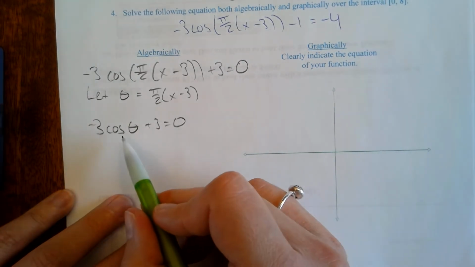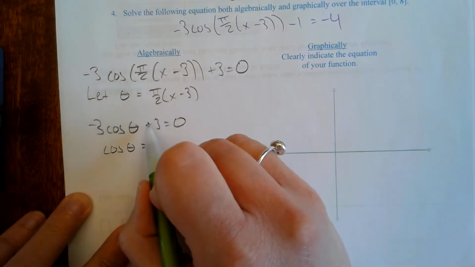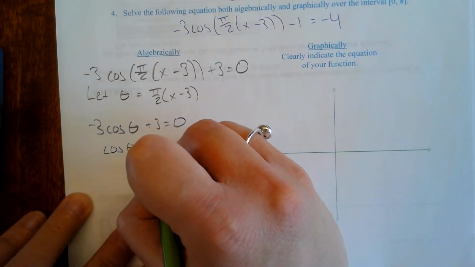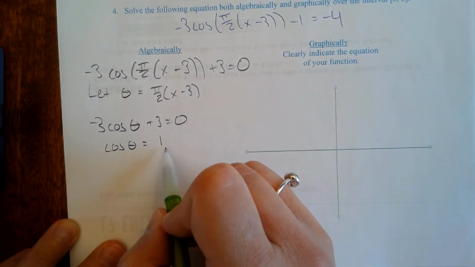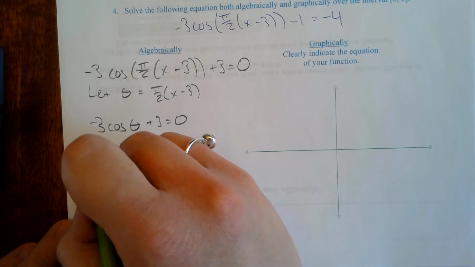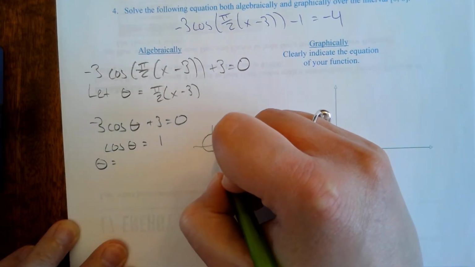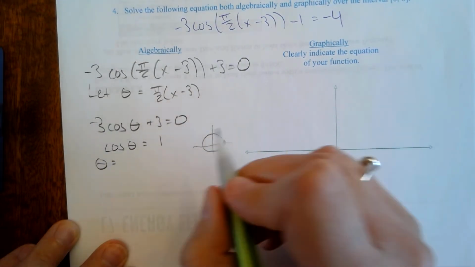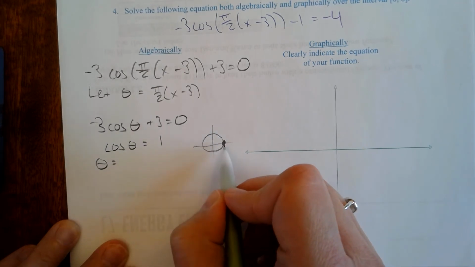And now I'm going to try and isolate cos theta so I can come up with an answer for this. Cos theta equals, subtract 3 from both sides and divide by negative 3, so I'd have 1. Now, where does cos theta equal 1? Let's think about that. Here's my little graph, my unit circle there. Cos is the x part, 1 is right there. So at 0, at 2 pi,